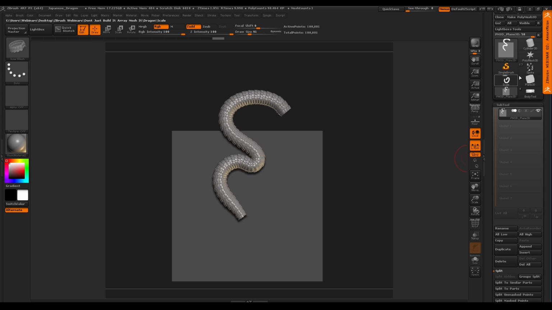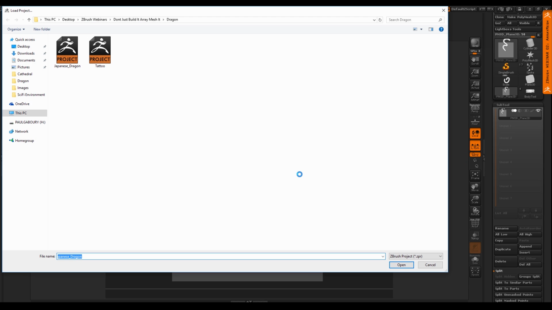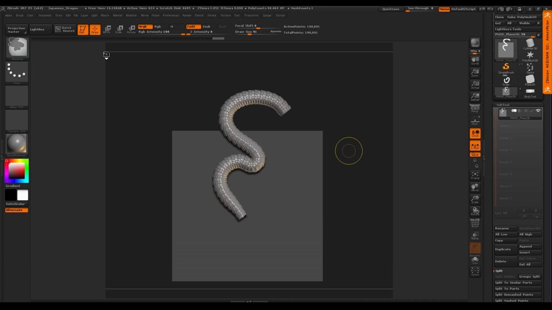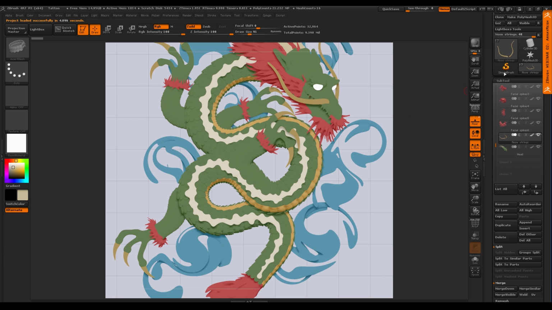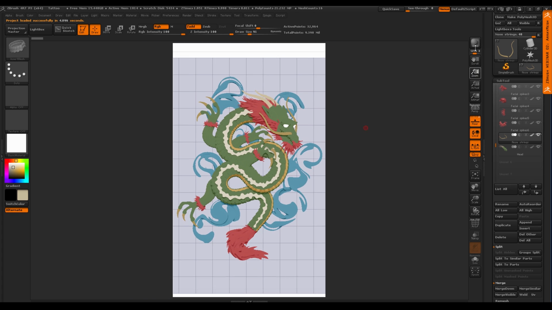Okay, so let me load my project here and really show how I took this to the next level, turning it into an illustration and then eventually into a tattoo for a character. So we'll load up my project. You can see here what I have. I've got my dragon. I'll zoom out a little bit so you can see my cropping.